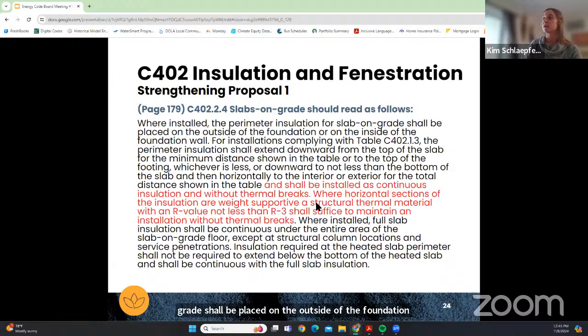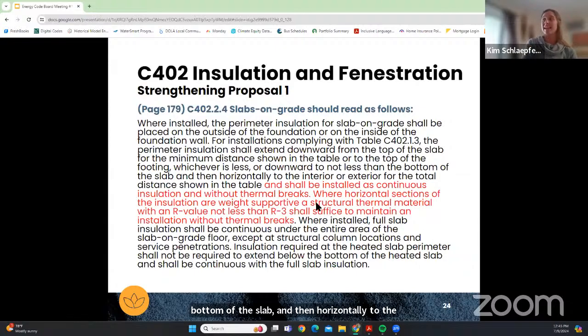For installations complying with table C402.1.3, the perimeter insulation shall extend downward from the top of the slab for the minimum distance shown in the table or to the top of the footing, whichever is less, or downward to not less than the bottom of the slab, and then horizontally to the interior or exterior for the total distances shown in the table.